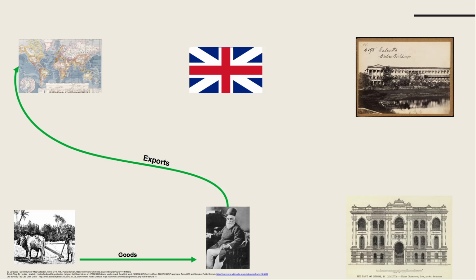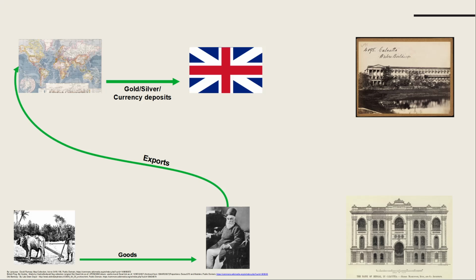So what the SSIC, or the Secretary of State in Council, had done was manipulate the rupee-pound exchange in such a way that it was not profitable for the importers to send gold or currency directly to India. So what they did was devise a mechanism where the importer would have to deposit gold, silver, or currency, their own currency, with the Secretary of State in UK.